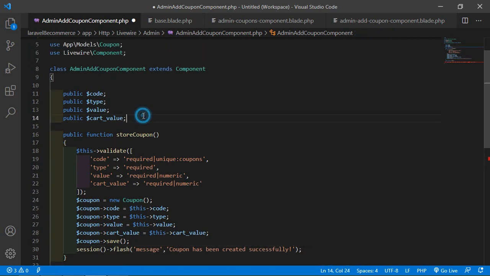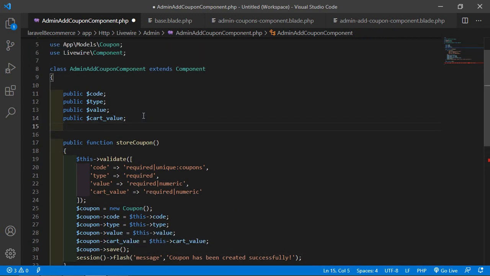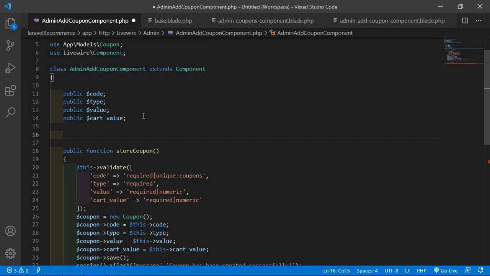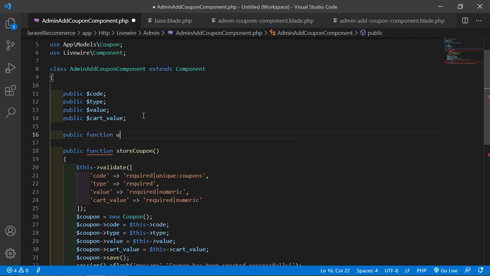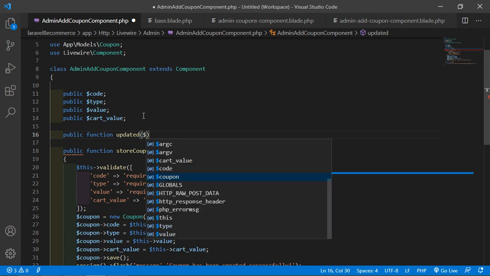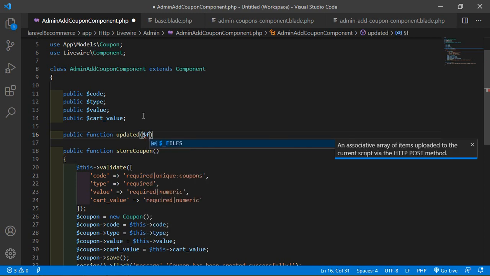okay, now here let's add the lifecycle hook method updated. So for that just write here public function and function name updated, and inside this pass one argument which is $fields.